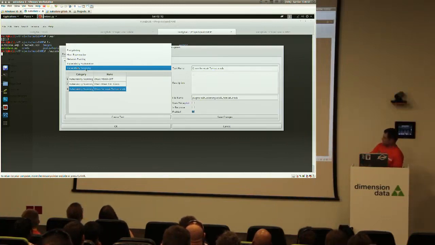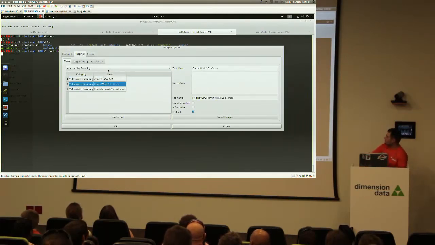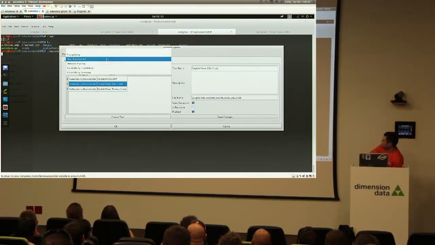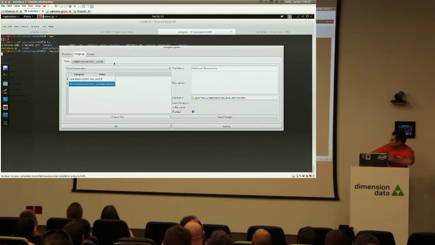So you can see these are all of the things that the script knows how to look for. These are the vulns that it looks for. You can go through all of these things. This is the exploitation of that thing directly. So these are all of the different tasks that it knows how to do. This is what it can do. And then I've made it so that you can see,